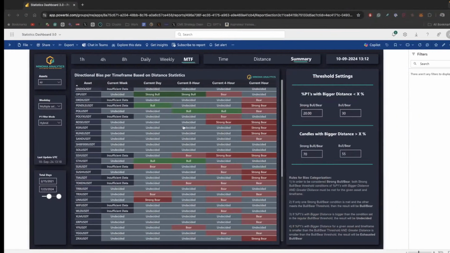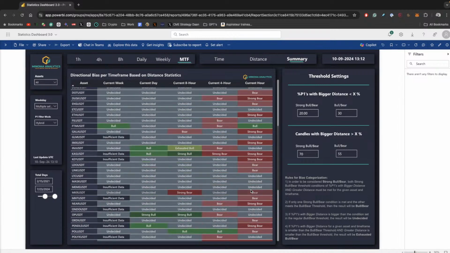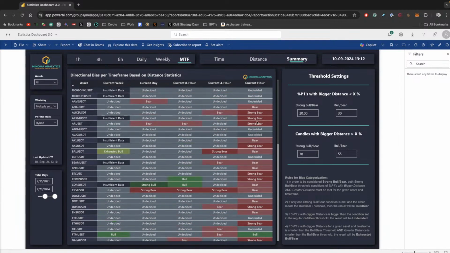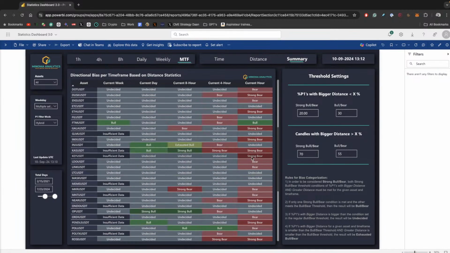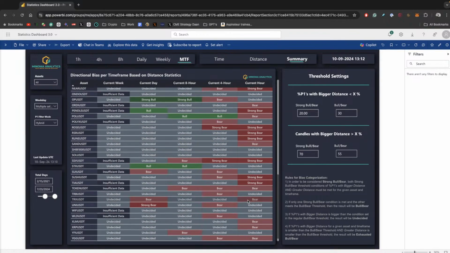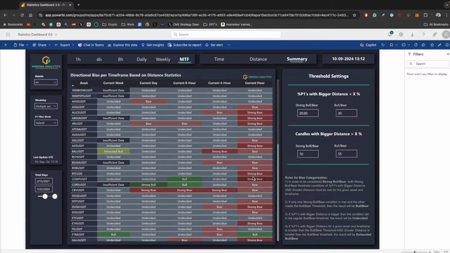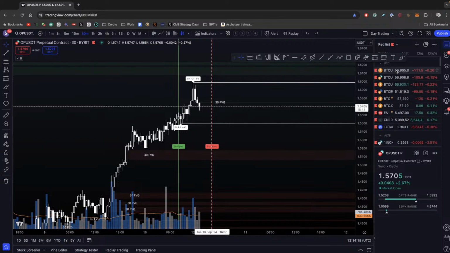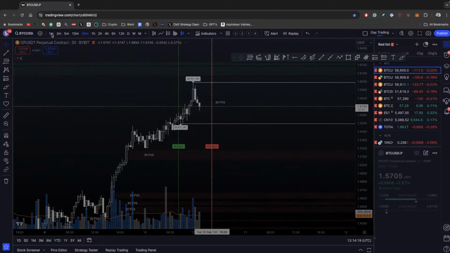But what I said is that I want to wait for volatility to show up, and lo and behold, some volatility showed up on the current hour. The current hour is showing some downside. And as I said, the one thing I wanted to look at was Uniswap. Well, let's see which Bitcoin also has a strong bear signal. So let's look at Bitcoin on the 1 hour and see what it is doing.